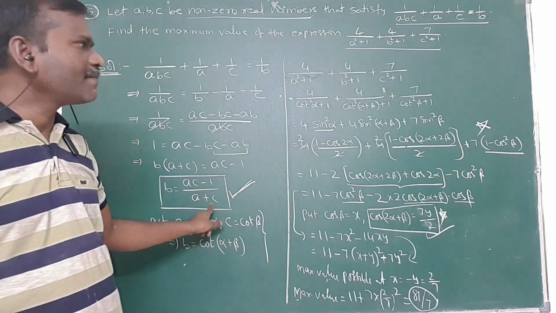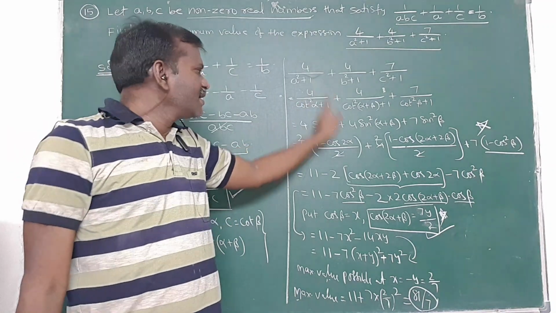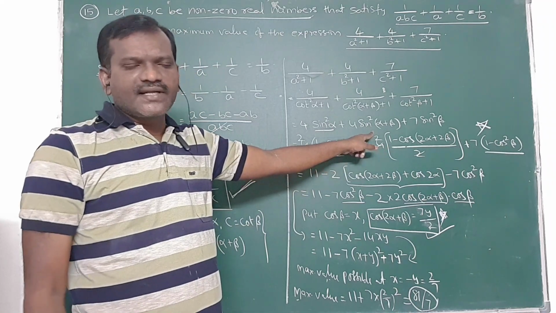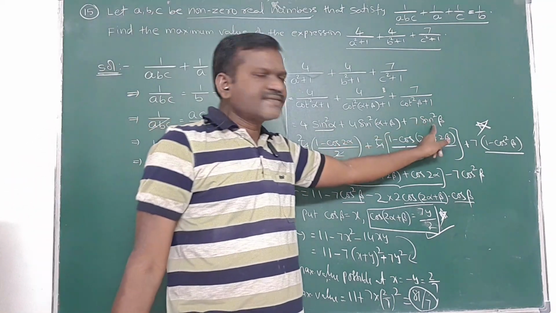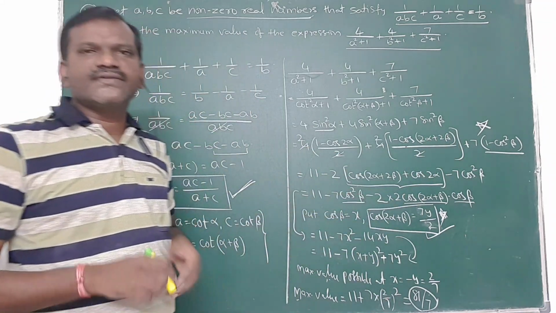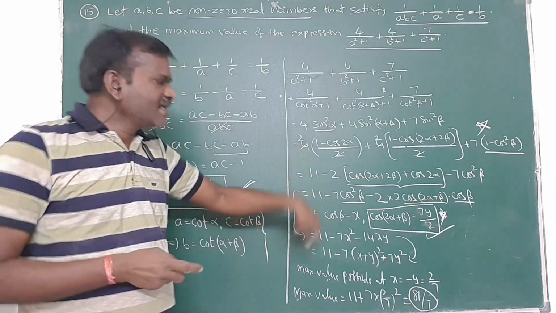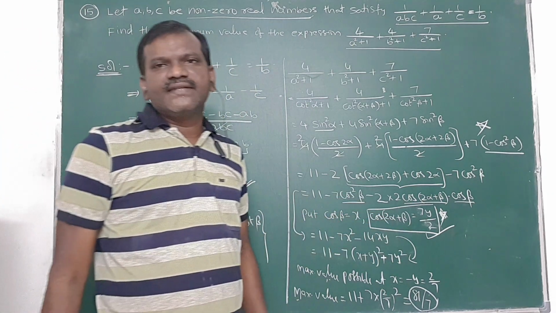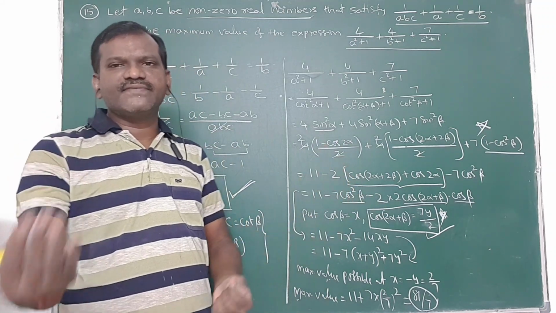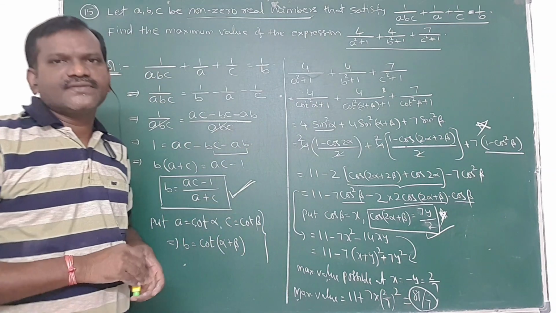Cot of alpha plus beta I applied. Then cosec square theta minus cot square theta is equal to 1. And also sin square theta is equal to 1 minus cos 2 theta by 2, and sin square theta is equal to 1 minus cos square theta. Then cos C plus cos D is equal to 2 cos of C plus D by 2 into cos of C minus D by 2. Then cos theta ranges from minus 1 to 1, and the maximum value is 1. These parts I used to solve this question.